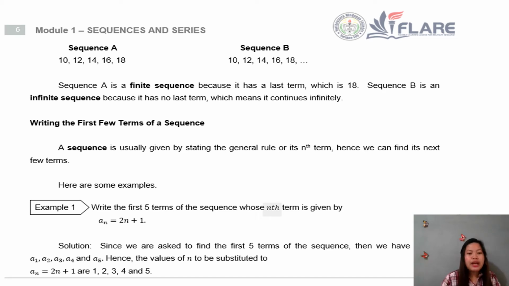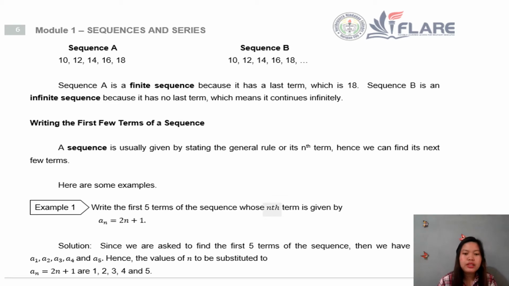Okay? Now, writing the first few terms of a sequence. A sequence is usually given by stating the general rule or its nth term. Hence, we can find its next few terms. Now, we have here some examples. Example number 1. Write the first 5 terms of the sequence whose nth term is given by A sub n,